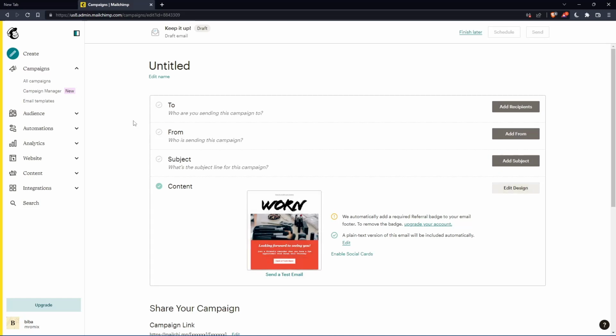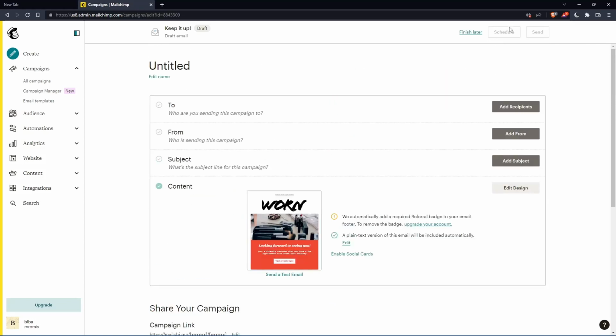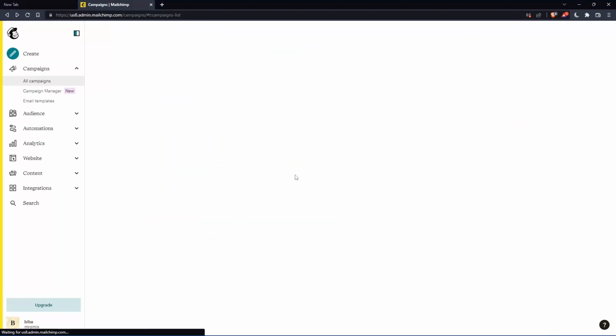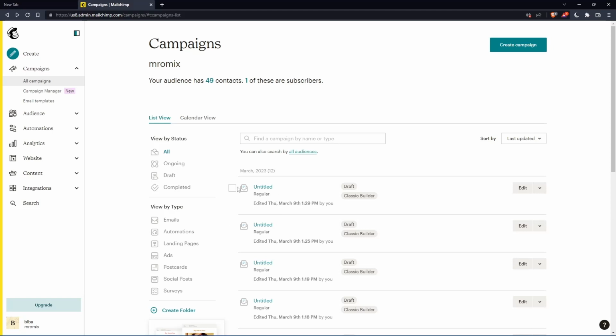Of course, once you fill all this too from subjects and contents, you will have this option available. If you click on schedule, you can actually schedule it to send it to the people who are just going to sign up or subscribe to you. So they're gonna receive your welcome email. Of course, if you want to edit it, you can simply go and click on edit. So just go to the campaign or the welcome email that you have and you want to edit it,